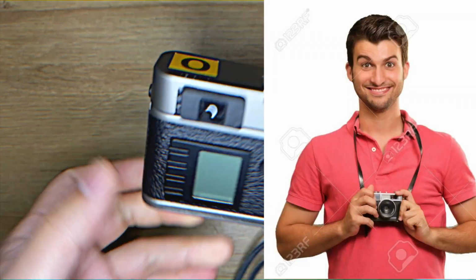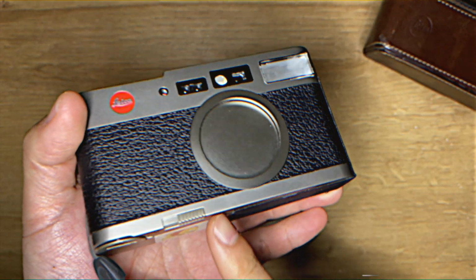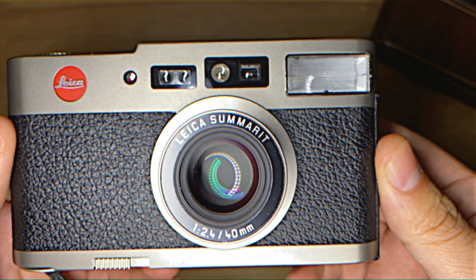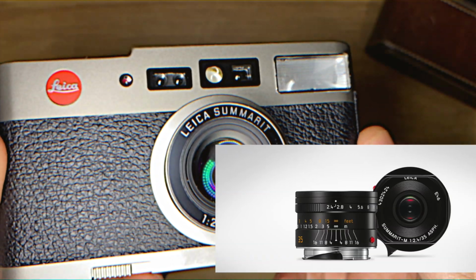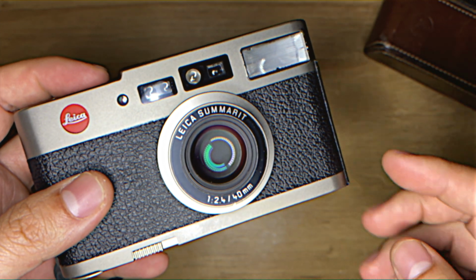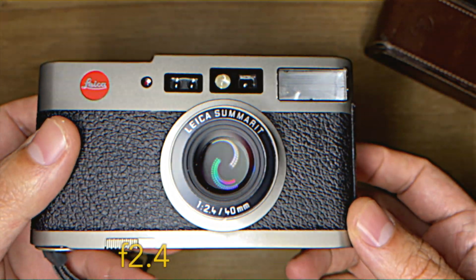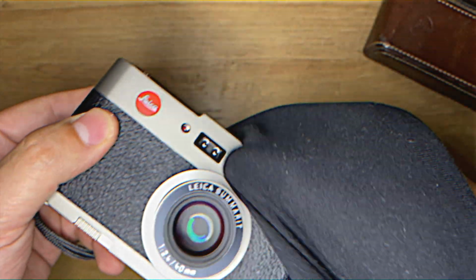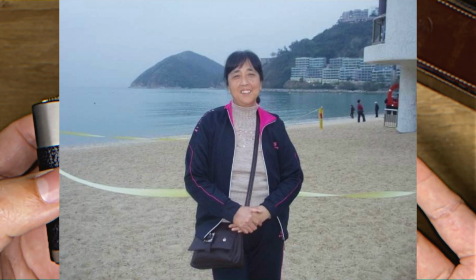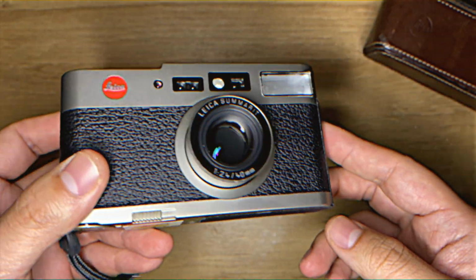It's compact, it's a point and shoot, everything is automatic, and the lens is protected by this retractable piece. And you see this lens, it's a 40mm 2.4 Leica Summarit lens. Honestly, a little longer than 35 and a little more background separation because of the longer focal length and the 2.4 aperture. Most of them go down to 2.8, but this one goes to 2.4, so it's a perfect portrait lens. I like to take portraits of people, so I think this lens and this aperture is a really good combination,